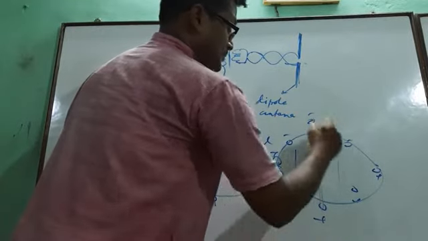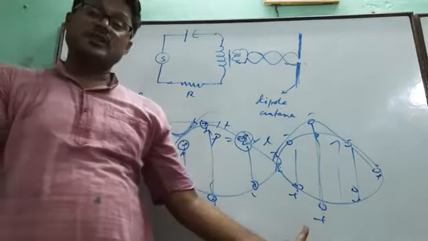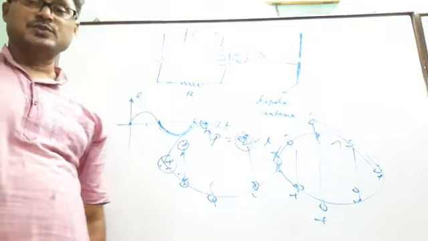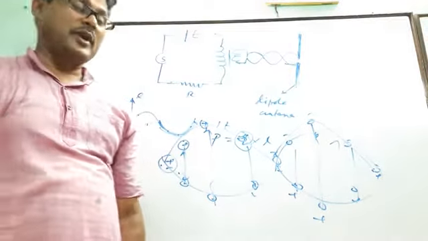Again we find that the dipole moment varies with time. So the field also varies with time, and the magnetic field will also be induced. So this is the way to produce an electromagnetic wave. Now the properties.